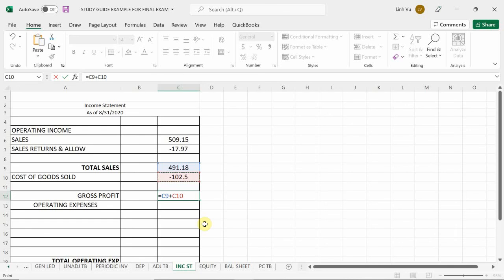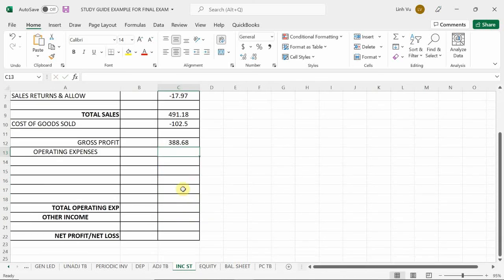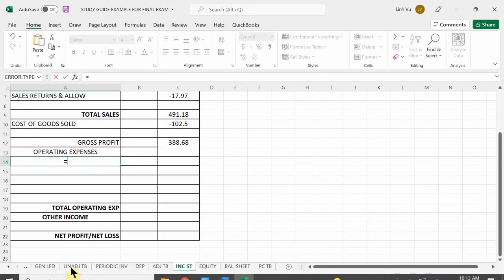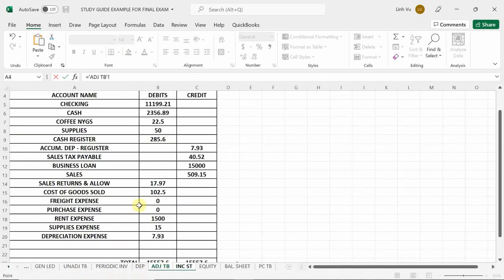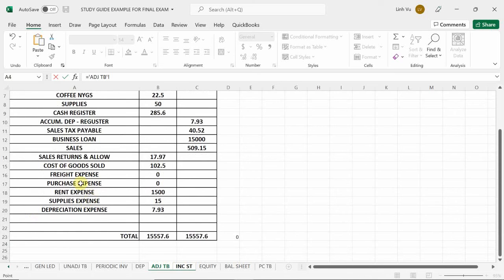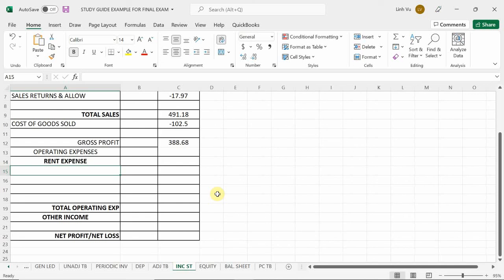What's my gross profit? $388.68. Okay. So now we got to include all of our operating expenses, starting with the first one here. Let's see what the first one is. We had freight expense, which is 0, purchase expense, which is 0. So here we have rent expense. Okay? Rent expense for